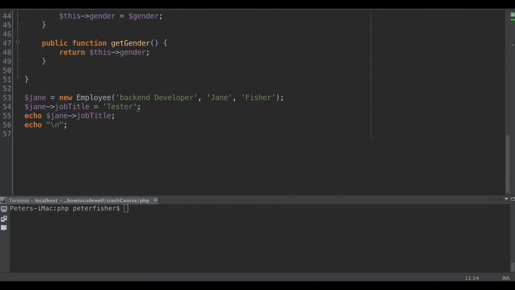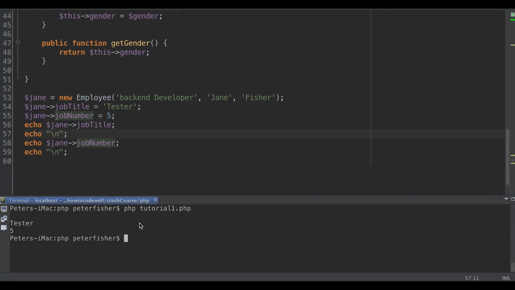We can now do Jane job number is equal to 5, for instance, and we can echo out job number. I'm going to just put in a new line in between the two